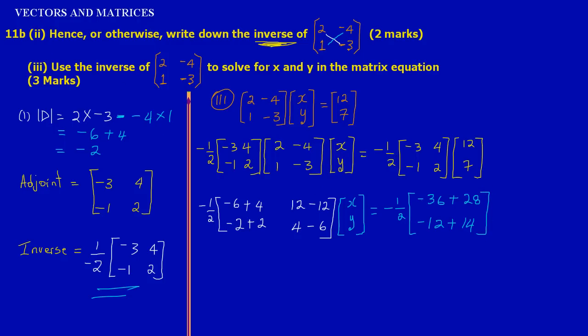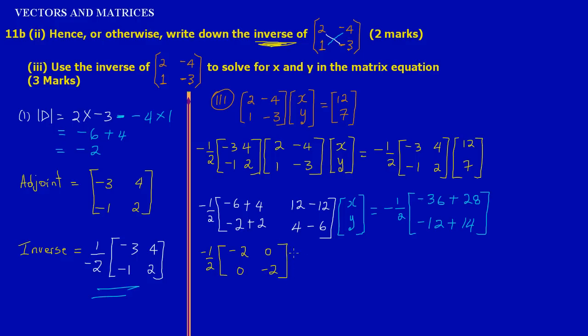So let's just simplify this and clean it up now, guys. So here I'll have negative a half, because I'm not ready to use that as yet. So let's put it back, negative a half. And then here now I should get my identity matrix by saying 4 minus 6 plus 4, that will give me a negative 2. And then 12 minus 12, that will leave me with a 0. 2 minus 2, that will leave me with another 0. And 4 minus 2, that will leave me with a negative 2.